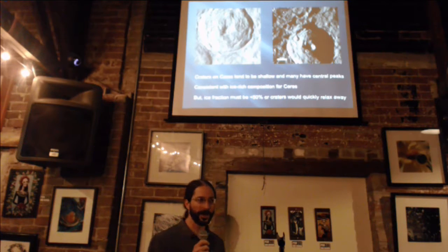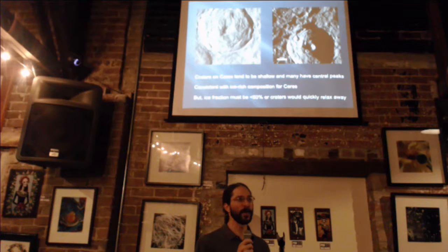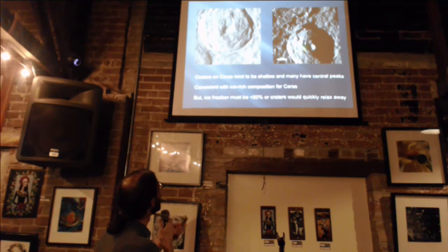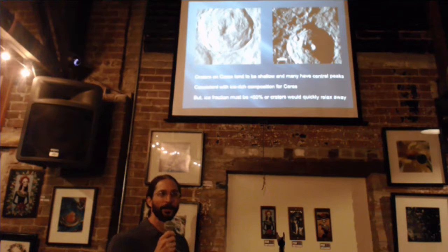The reason central peaks are a good indicator is that icy bodies tend to be weaker. So when a crater forms, if it's in a rocky body with a gravity comparable to Ceres or Vesta, you need to get a really, really large impact before it rebounds and gives you a central peak. On Vesta, the only central peak crater is really the big South Pole impact basin, the 500 kilometer diameter Rhea Silvia. On Ceres, however, we see central peak craters down in the 20-kilometer range. Basically, the ice-rich surface makes it weak enough that for a relatively small crater, you can get that rebound